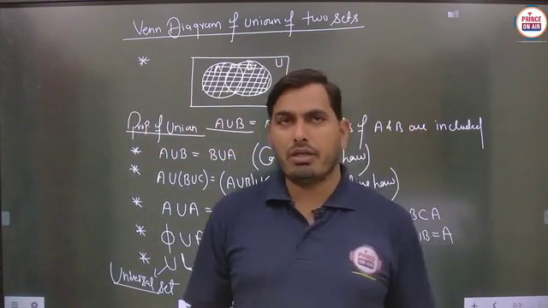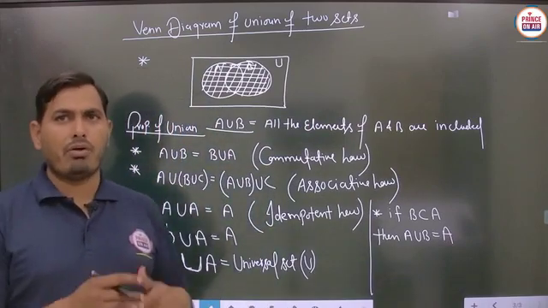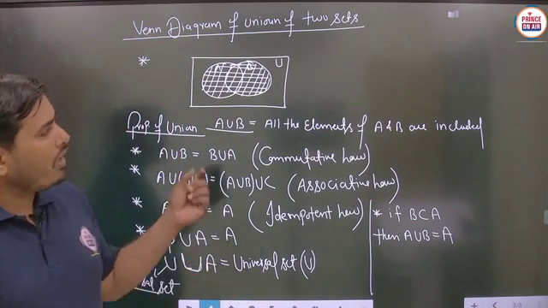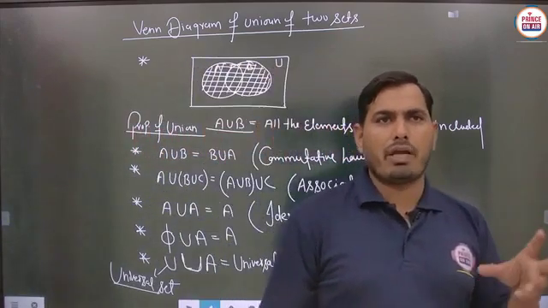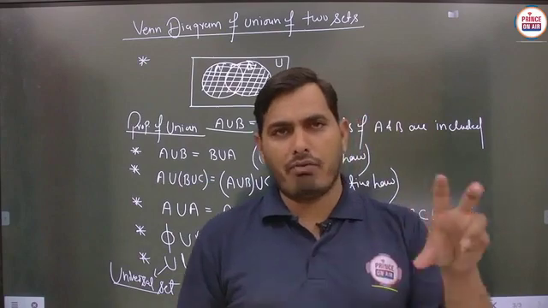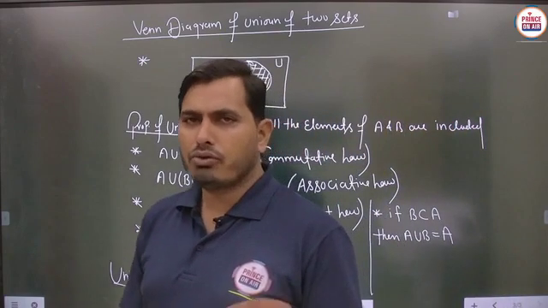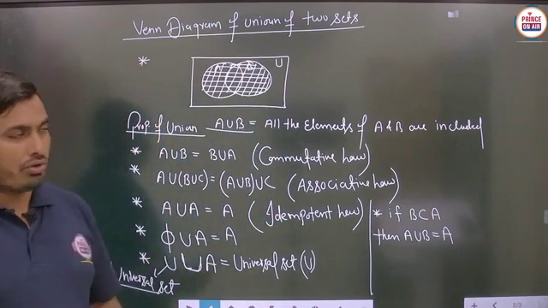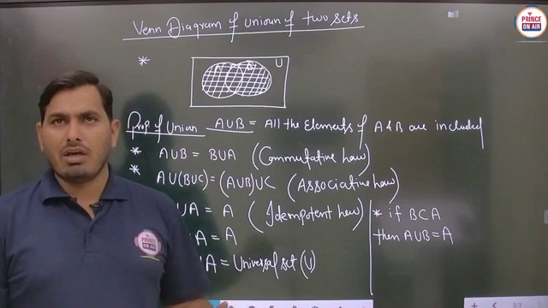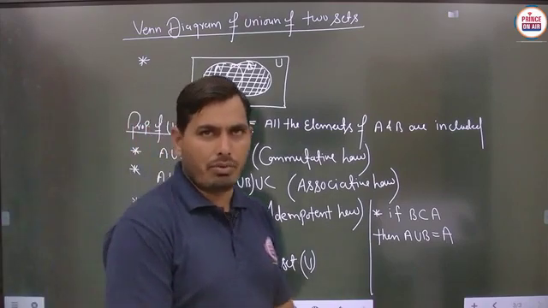And basically students, in the union operation we have to draw the Venn diagram. Venn diagram means we have to see the particular area where the union operation is applied, and that particular area is shaded. Then this shaded area will represent the answer of that operation. We have to keep this in mind. Is it clear? So these are the basic processes according to which we look at the basic operations on sets. Is it clear?